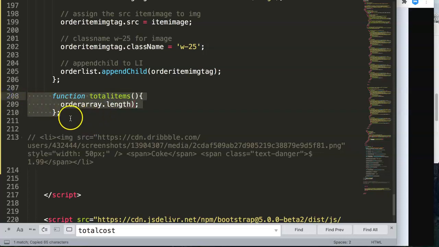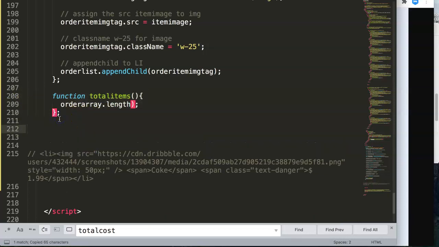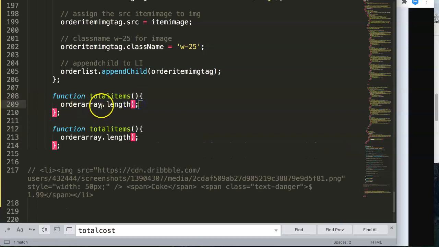Well, maybe it should be separate functions, would be better. So we say order length, this remove, total items, total cost. So right now I will just comment out this, because we will not be using this for now. We're going to have only the order length. And then we say here total items,